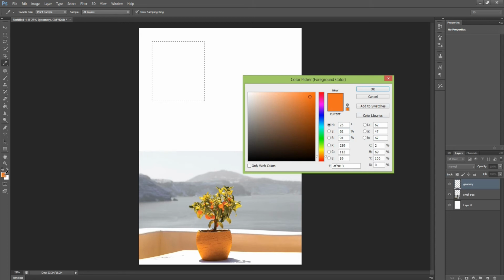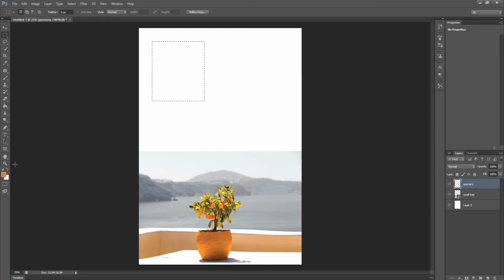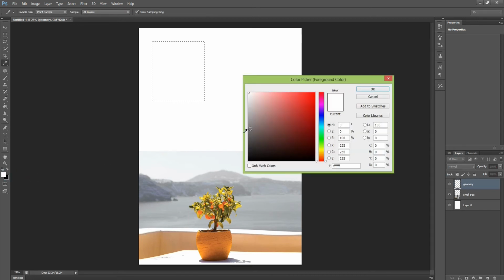When we double click on the colors, the color dialog box opens. We have the default colors. There is a black and white option. When we click on this option, the colors change to black and white. We can swap the foreground and background color through the arrow key. When we double click on the white color, we can change the color from here. We take a nice blue color, then press OK.